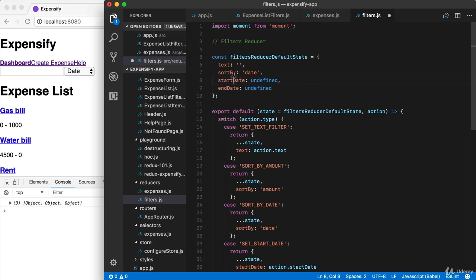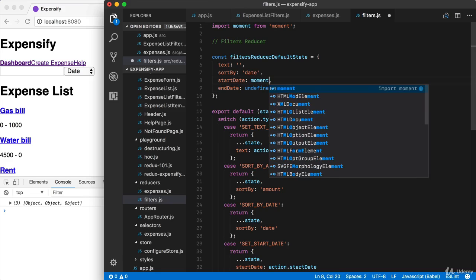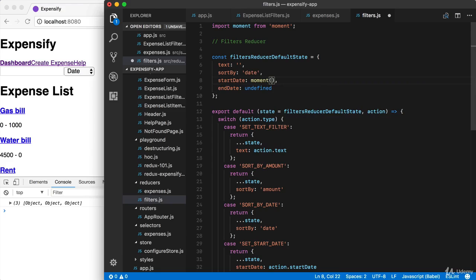Now we're also going to be switching up start date and end date to be moment instances as opposed to numbers. So right here, we are going to create a new instance of moment, not passing anything in, which means it will be the current moment in time when the actual line runs. Then we're going to use a method available to us called start of. Now there's start of and there's its counterpart end of,